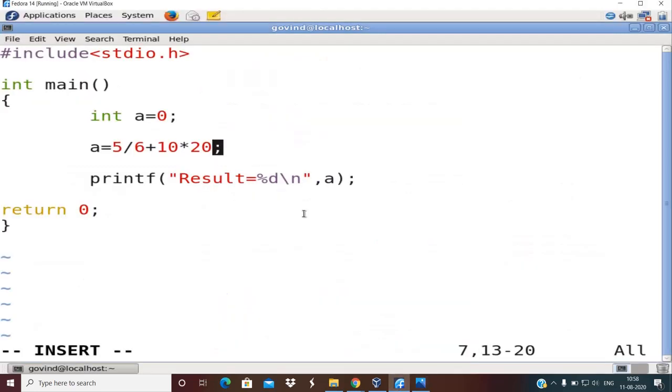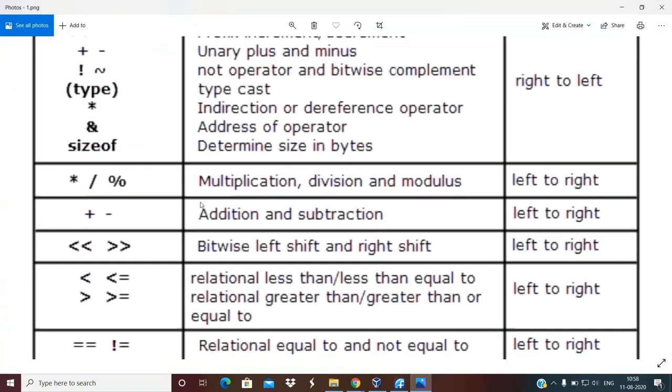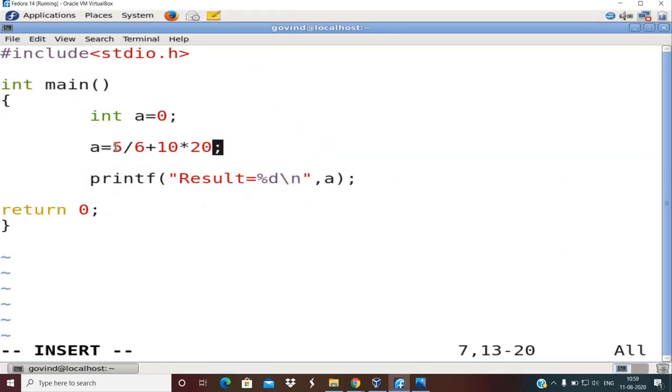Now whether 5 by 6 should be evaluated first or 10 star 20 should be evaluated first is decided by associativity. Associativity of star and division is left to right. Hence, which is the leftmost operator used out of star and division in this expression?